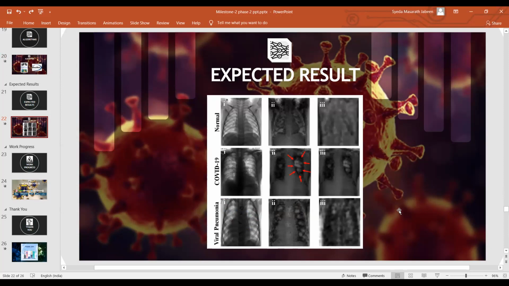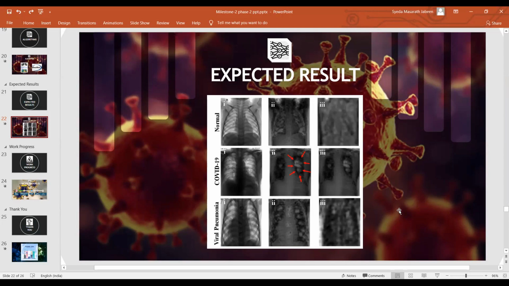Sir. Okay, result only yes or no? No, sir, it will be whether he has pneumonia or COVID-19 or he is normal, nothing else. Only three options. When the patient enters his name, age, gender, he will get the result as normal, COVID-19 or pneumonia. You will not speak in terms of percentage, like how much affected? No, sir. It's not like that.